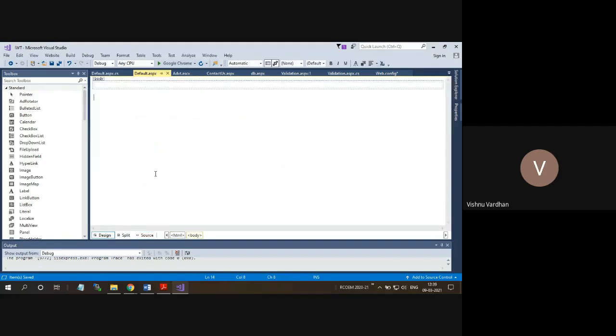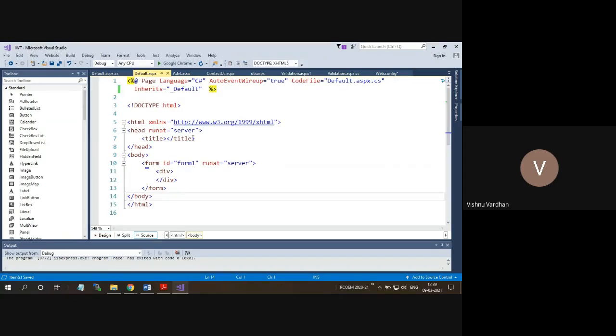If I select this design, you cannot see anything because we have not used any controls here, nor written anything on this page. So the caching feature is a concept which we have understood previously. The concept is that whatever is the limiting factor for your web application, for the scalability factor, is going to be given some kind of advantage by taking this caching object.